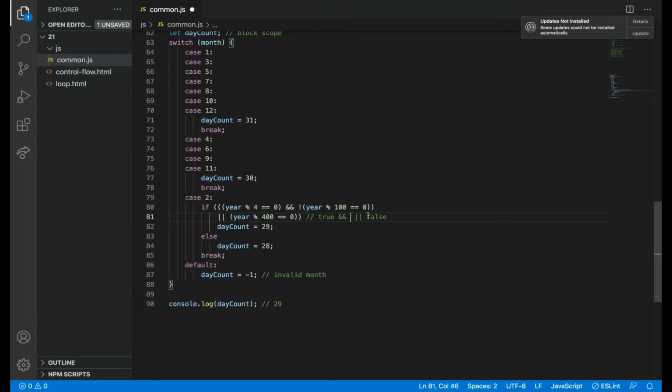So let us keep it as true for now. But if this becomes false, what will it do? This will just check whether either one of the values is true. If either one of the values is true, it will give output as true. So the output will be true. Or else, these are just examples I'm giving. Now it becomes false.